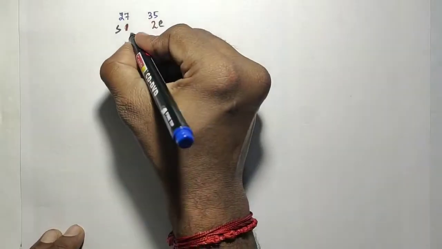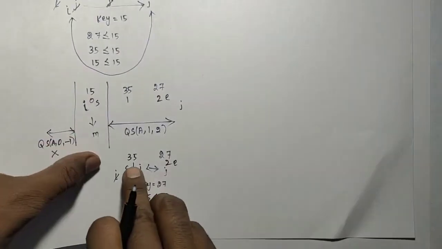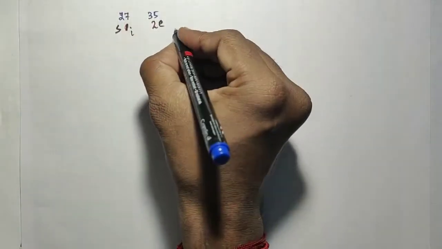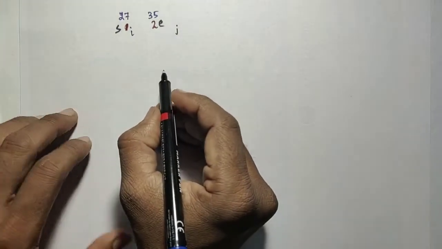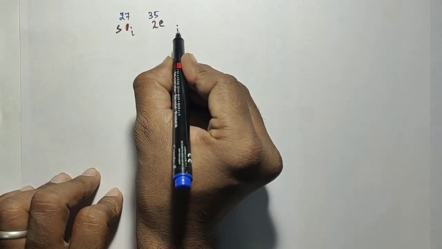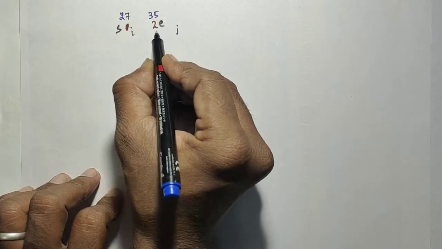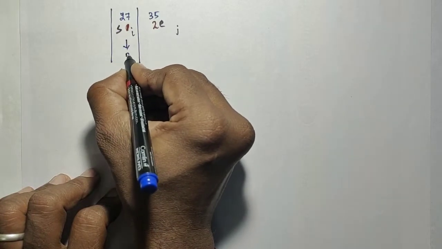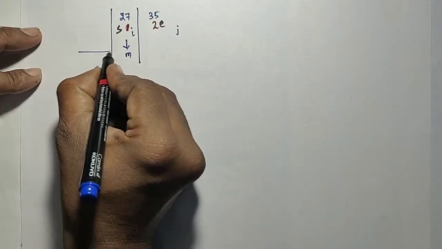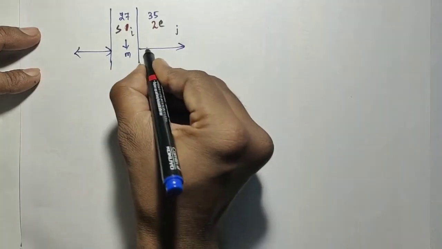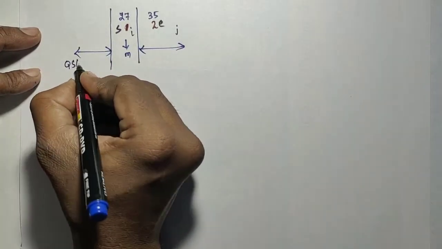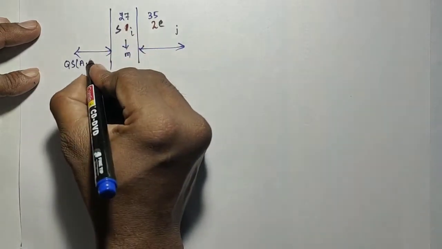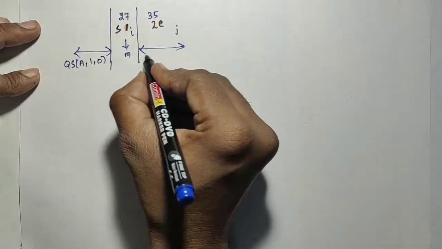So i is pointing to this, because the index of 35 and 27 is 1 and 2. So here also 1 and 2. So i and j are pointing to here. And now j has reached e plus 1. So j will be incremented up to e only. Now i will be returned as m. Then quicksort will be applied for the first half and the second half. In the first half, quicksort of A comma s to m minus 1. s is 1, m minus 1 is 0. And then m plus 1 to 2.